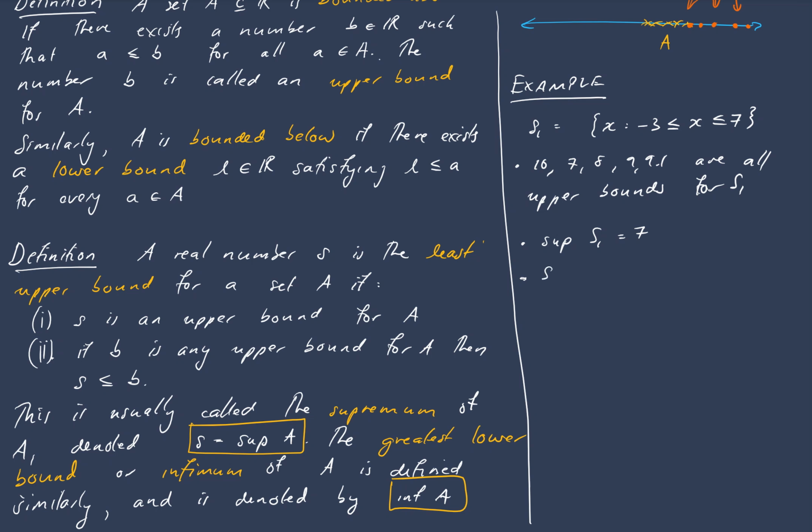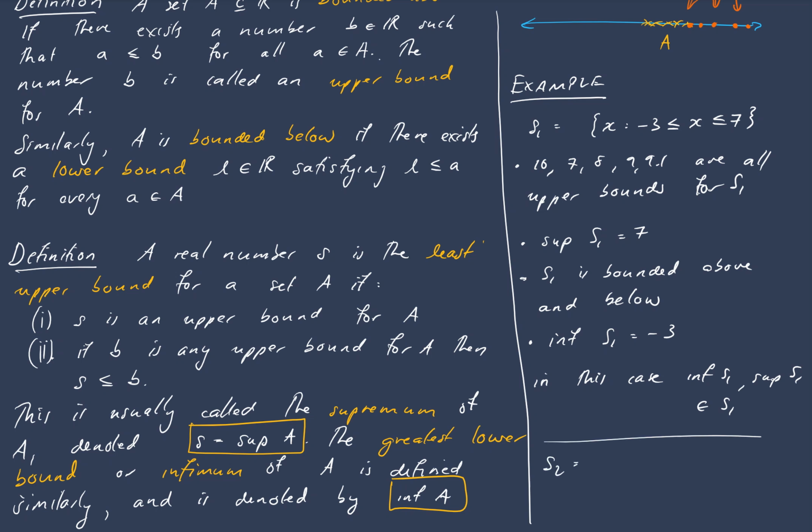So S1 is bounded above and below, which means we can find an upper bound and a lower bound. And similarly, we can say that the infimum of S1 is -3. Okay, in this case, inf S1 and sup S1 are elements of S1 itself. But that's not necessarily the case if we consider